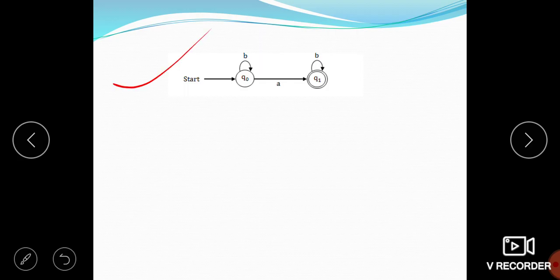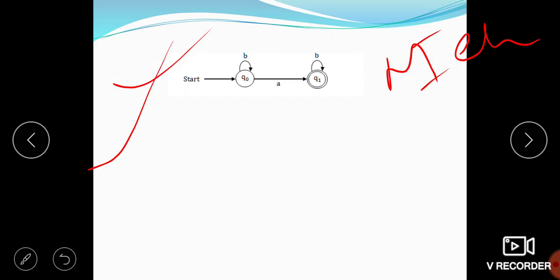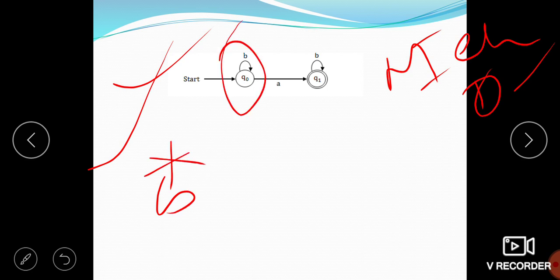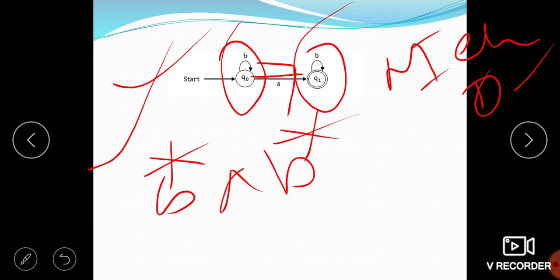Now, in the new NIELIT syllabus they did not mention the automata part, so you do not have to read automata. If a question is asked, it is only a 1 mark question. Only 1 or 2 questions are asked from the automata part because it is not mentioned in the syllabus. So here B is the self loop, so for this reason it is star. Next A, here this arrow indicates 1, only 1 value. Here it is also a self loop, that is B. So this is the equation we get.